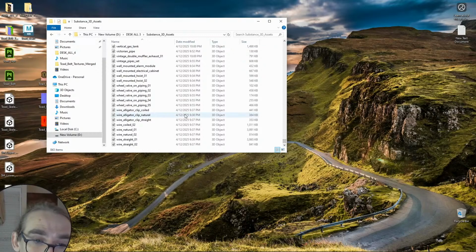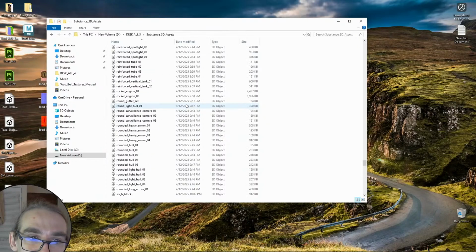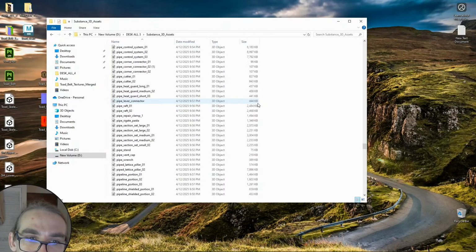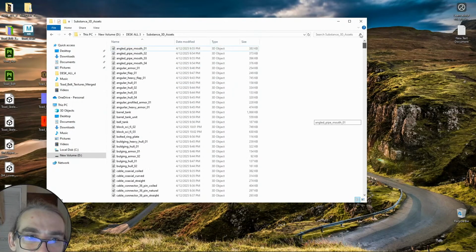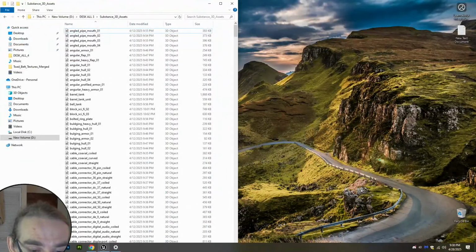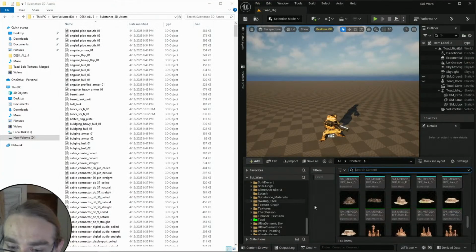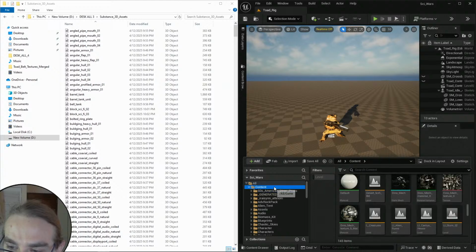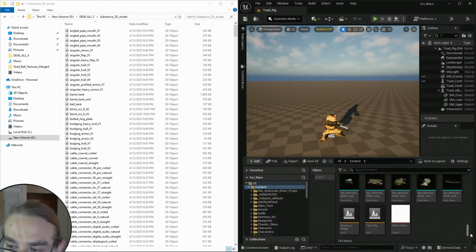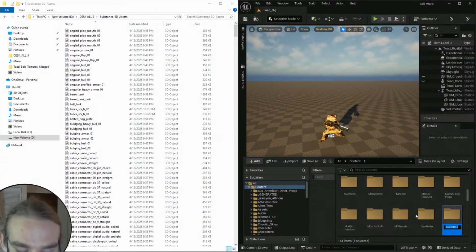I need all of these to have their own folder, which is kind of ridiculous, to be honest. Not sure why Substance did it like this. These are the Adobe 3D assets, but I don't know why they did it like this. I realized that with the frog belt. So let's go here and let's call these